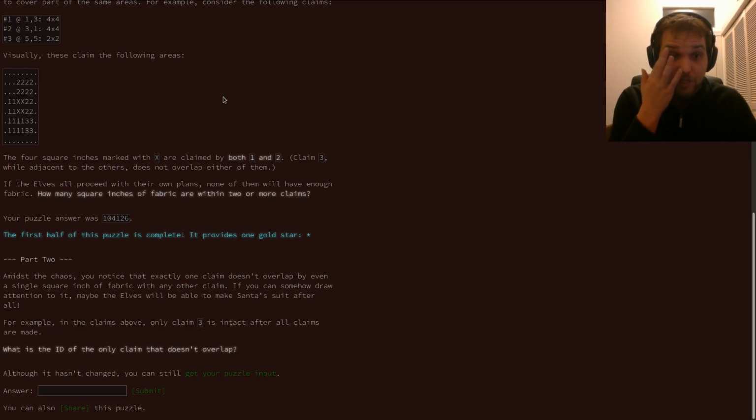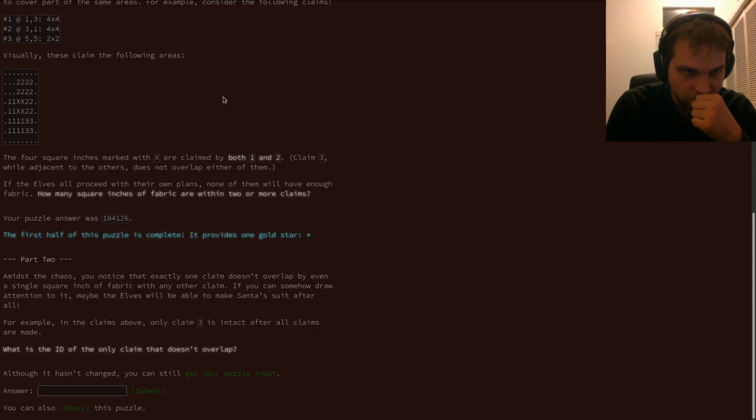Amidst the chaos, I noticed exactly one claim doesn't overlap by even a single square inch of fabric with any other claim. So I need to find one that overlaps with nothing else. And I can actually use the same code for that, I think. Okay, I'll delete this for now. I'll come back later and finish that up. So what we can do is we can say